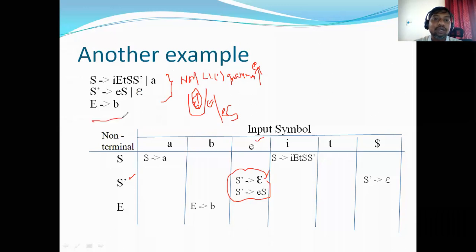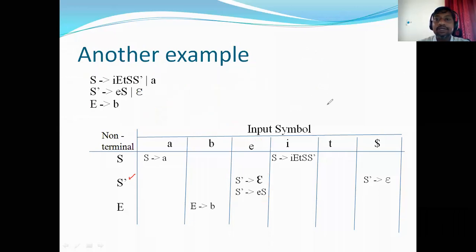Your dangling else problem is a non-LL1 grammar. That means it cannot be parsed by using an LL1 parser, or for that matter any top-down parser, right? That is the reason why we'll go for the sophisticated parsers like these